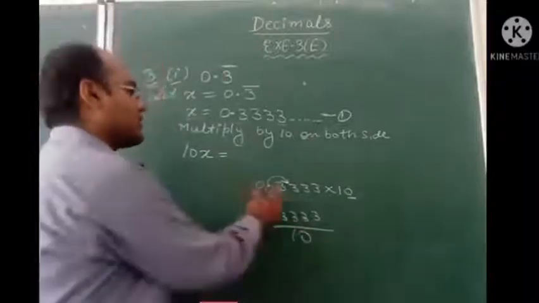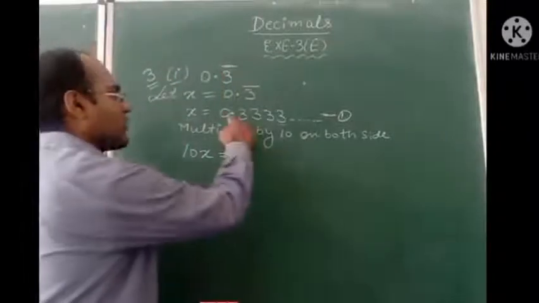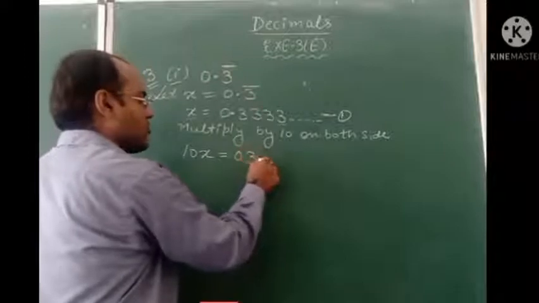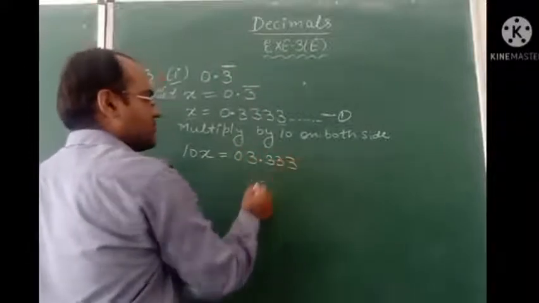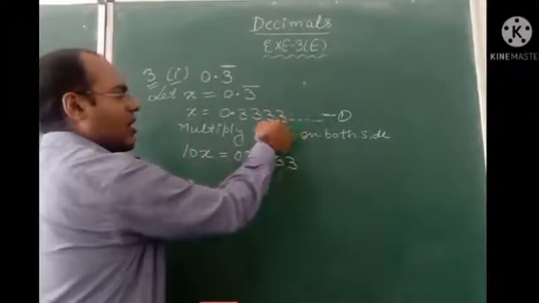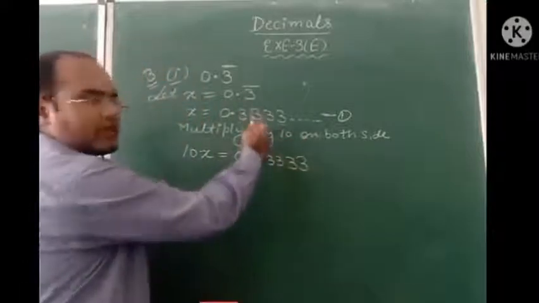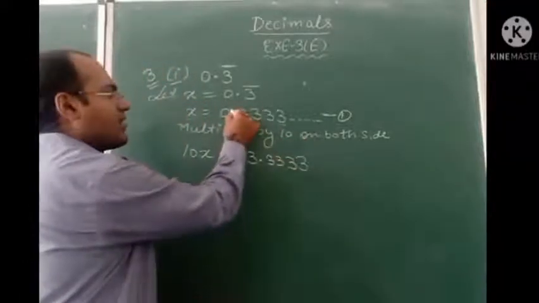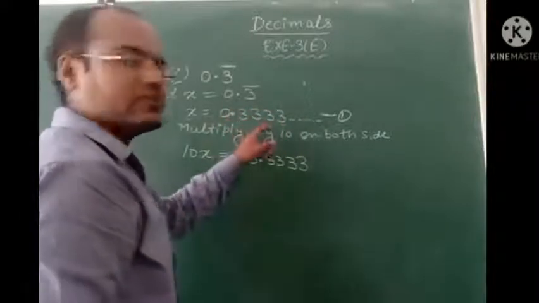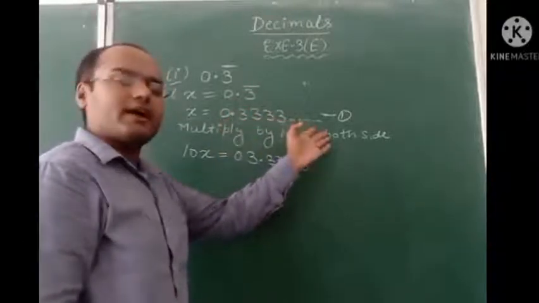So here we are multiplying by 10, and in 10 only one zero is there. So this point will shift one place right side. So this will become 0.333. This point will come here, and after that 333. How many times we will write? We will write it 4 times only, because in the previous step also we are writing our answer up to 4 decimal places. After the point, how many digits we had written? 4 digits we had written, but these are infinite numbers.